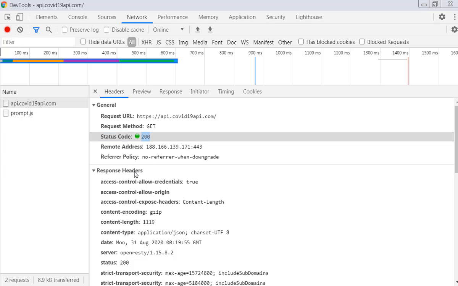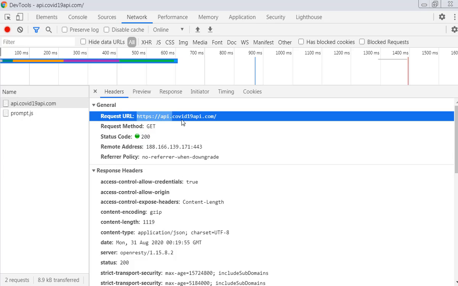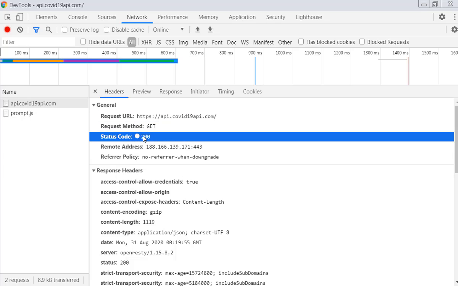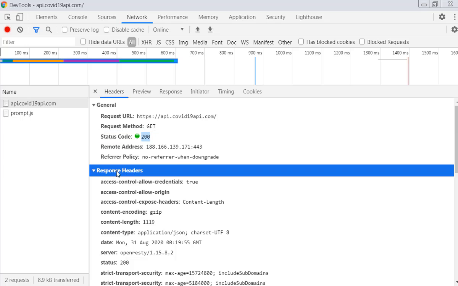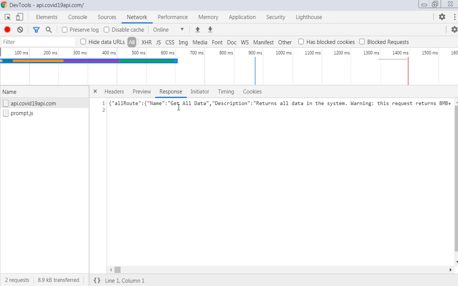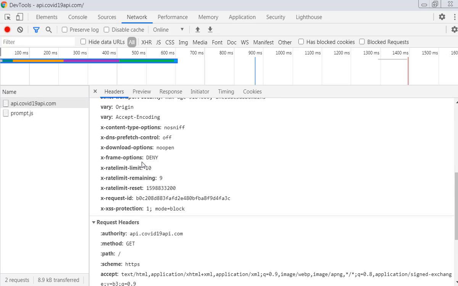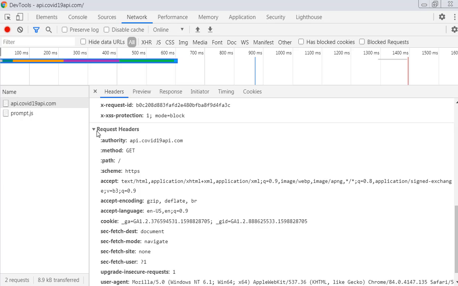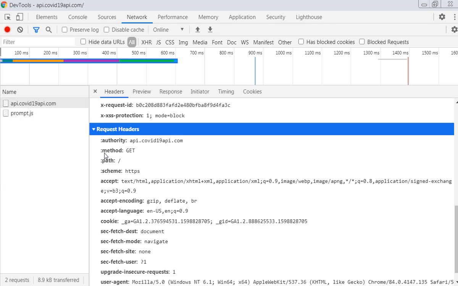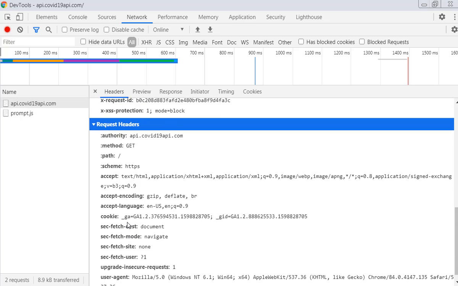These are all the response headers. By sending this request, we got this response code, these response headers, and also this response body. One more point: we have request headers. We can even pass request headers here to get the response.